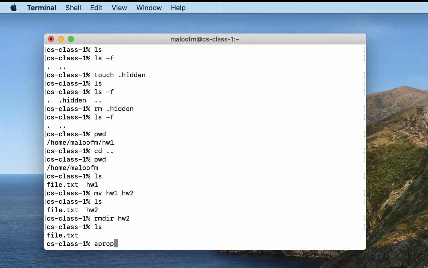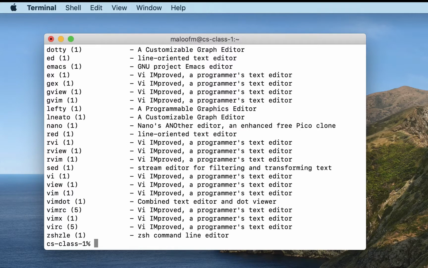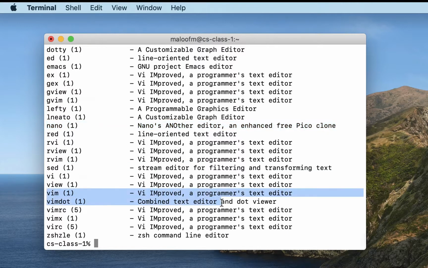So let's use apropos to see what editors are available. Oh, well, that was a little surprising. There we go. So now you can see that there are many editors on this machine. Nano is one. vi or Vim are for writing code. And then the other popular editor for writing code is Emacs. So at some point you want to learn how to use either vi or Emacs. But I'm just going to use Nano. And I want to edit my file